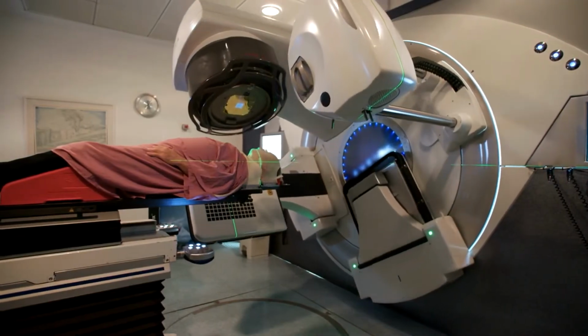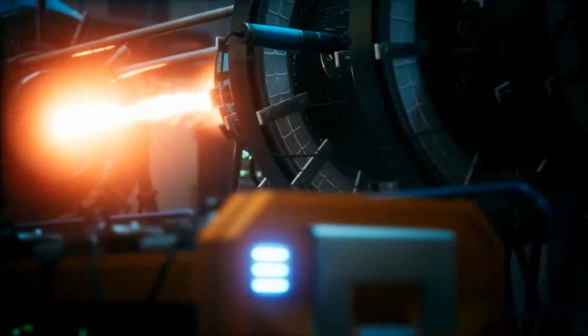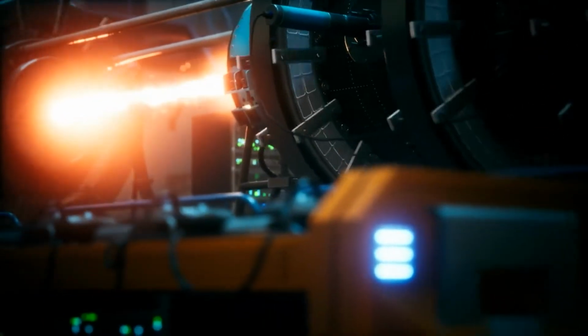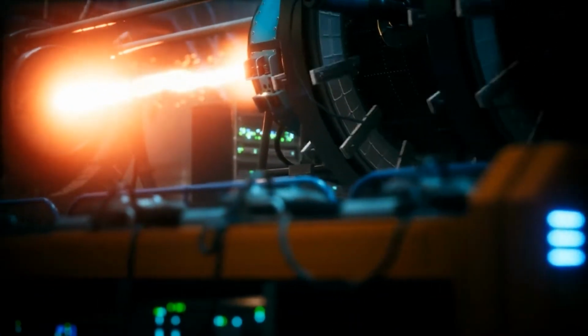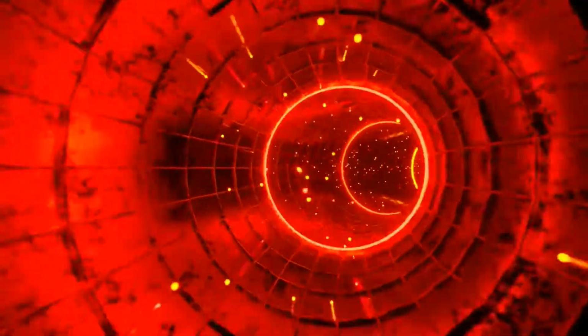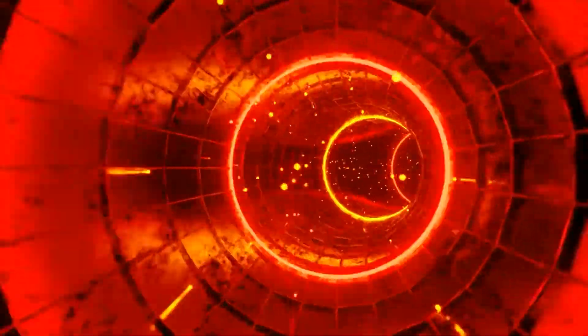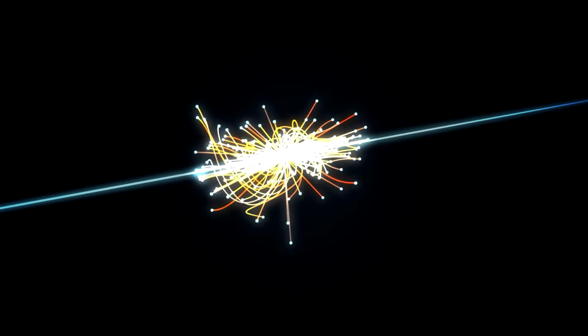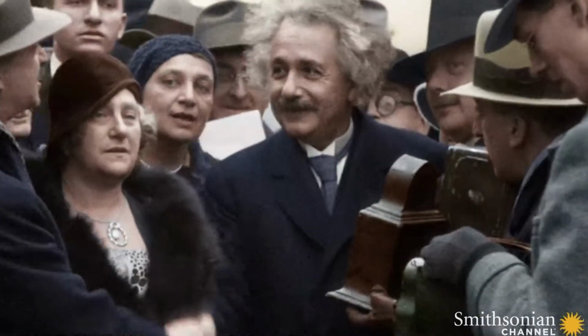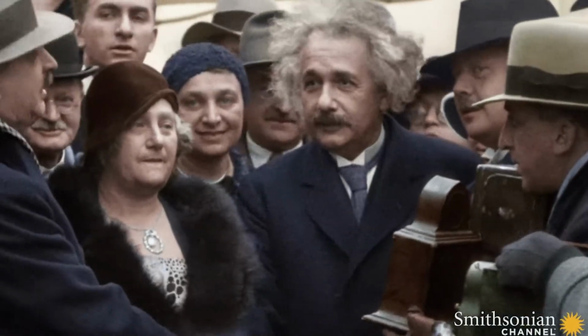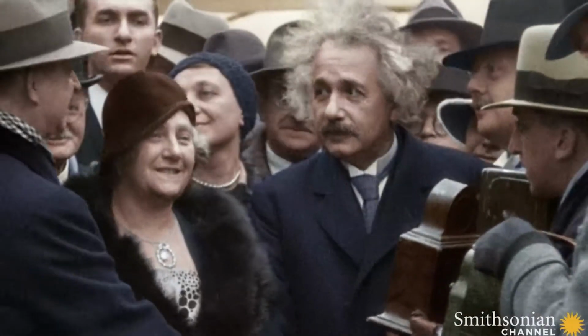treatments like radiation therapy and X-rays, to the development of particle accelerators that allow scientists to explore the fundamental building blocks of the universe. Particle physics is another example of where this little equation impacts the human condition. When scientists smash particles together at high speeds in particle accelerators, they sometimes create new, heavier particles. E equals mc squared tells us that the energy of the collision can be converted into the mass of these new